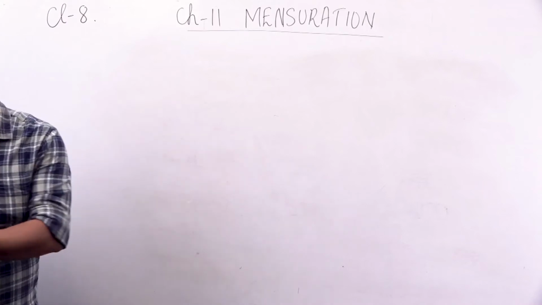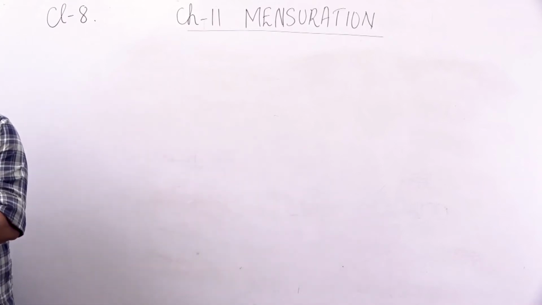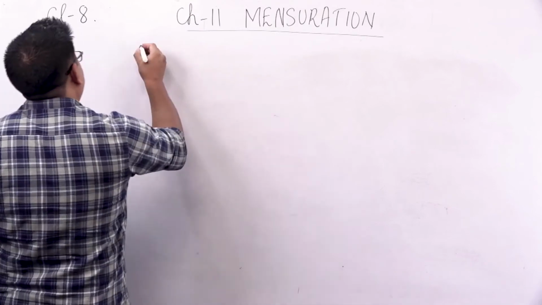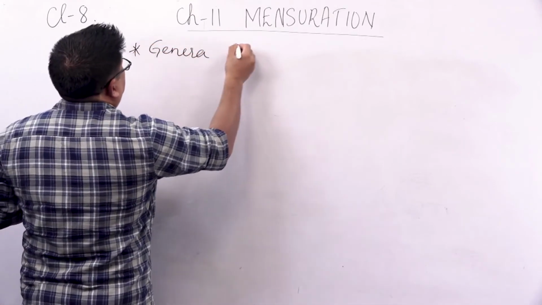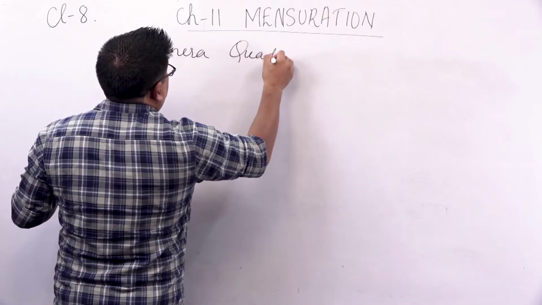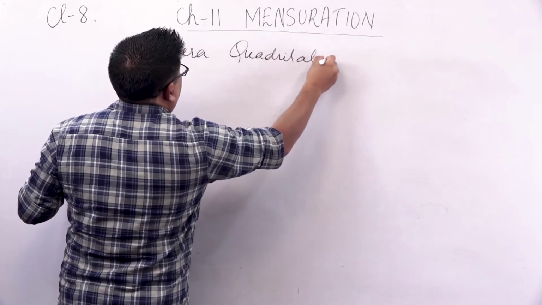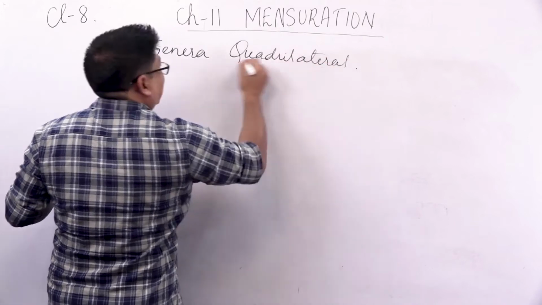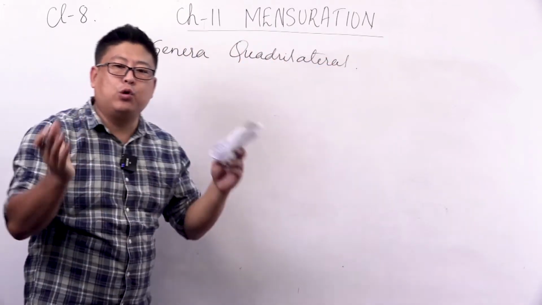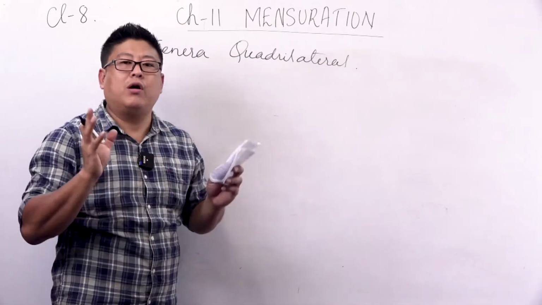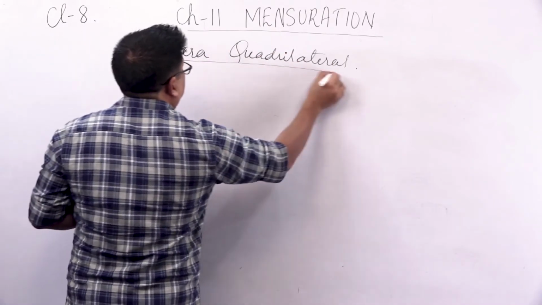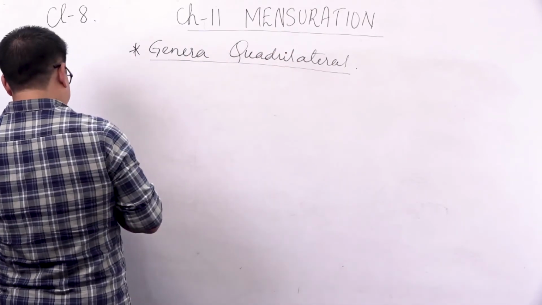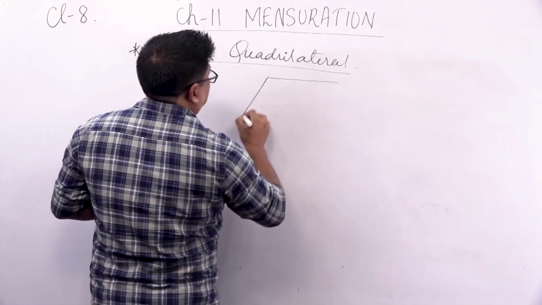All right, let's move on to the next figure. The next is general quadrilateral. So it can be any type of quadrilateral, any shape. General quadrilateral. Quadrilateral simply means a closed figure with 4 sides. Okay, so it can be any shape. So let's say I have a quadrilateral in this manner,